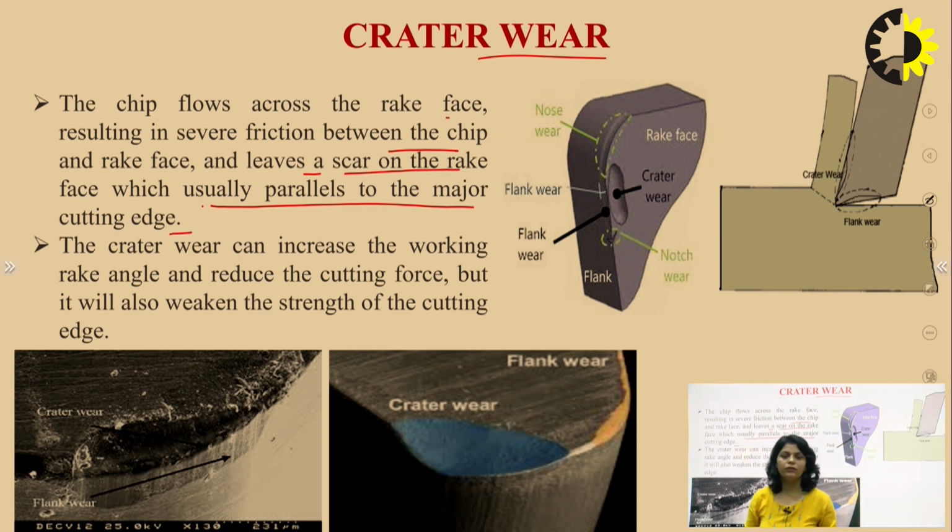Okay, as we have discussed earlier also, after the deformation, the deformed material will slide over the rake surface of the tool, and because the friction will take place at the interface between the tool and the underside of the chip, तो यहाँ पे scarf formation जो है वो हो जाएगी rake surface पे.